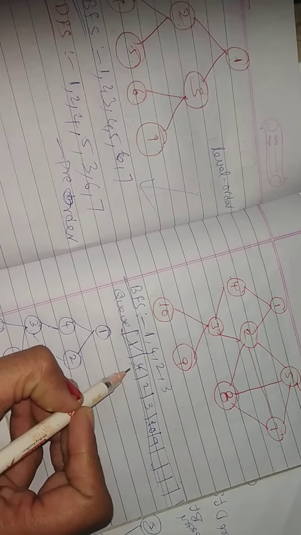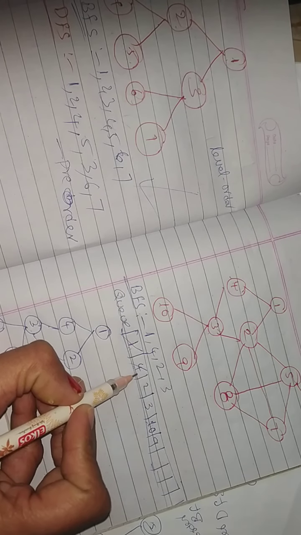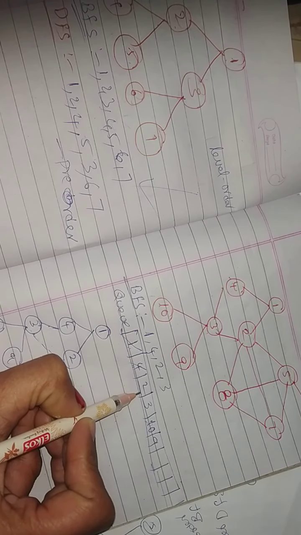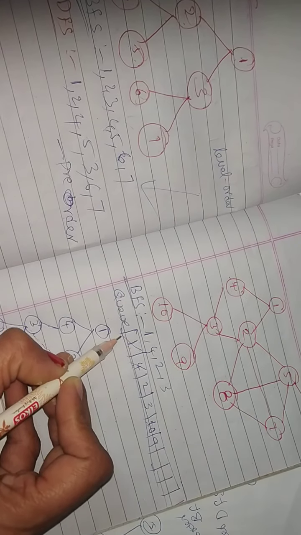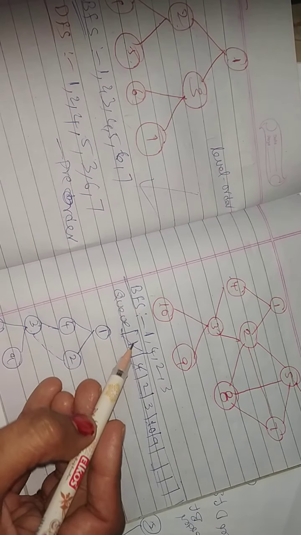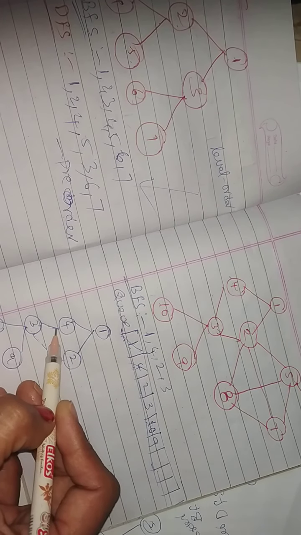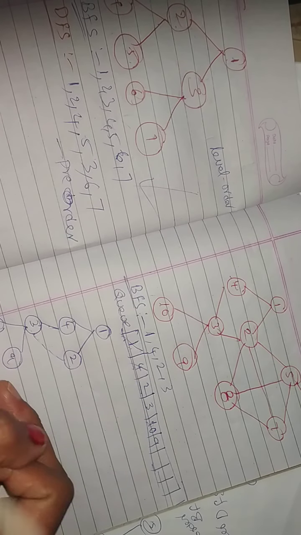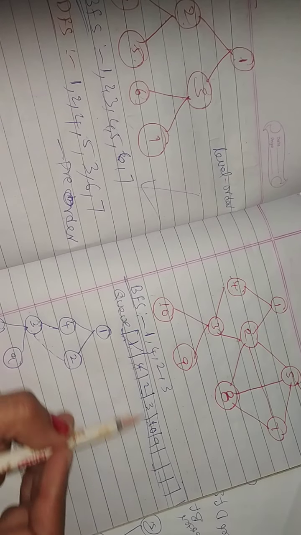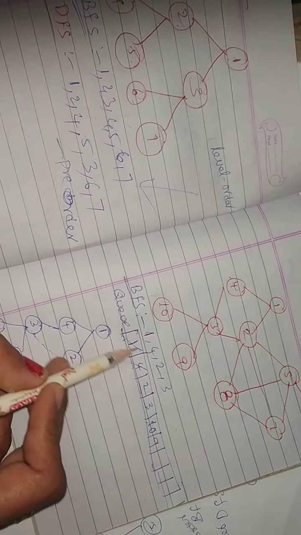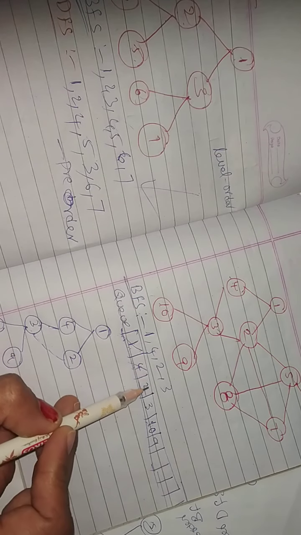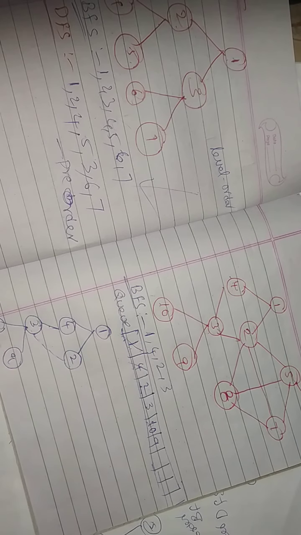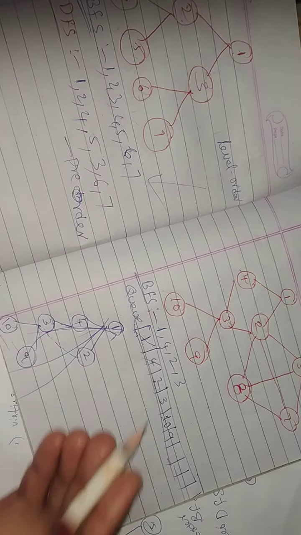Here, if you have a confusion about which one to explore next, by seeing this you will know. Which means that 1, I explore completely. Next 4, okay, completely. Next, don't go for 3. Generally, you can take 3, but here we are using a queue, right? That's why after 1 is completed, next 4 is completed, next first in, first out. That's why you go to 2 here. Okay, I am again telling that.